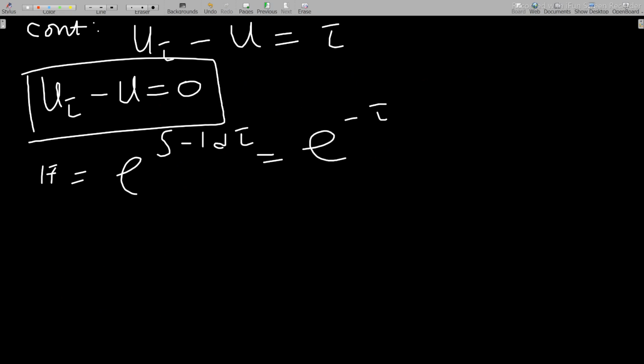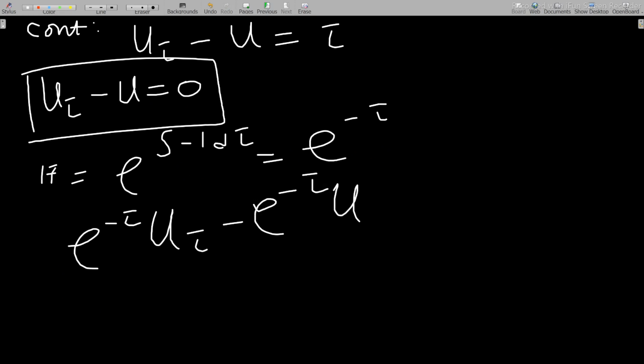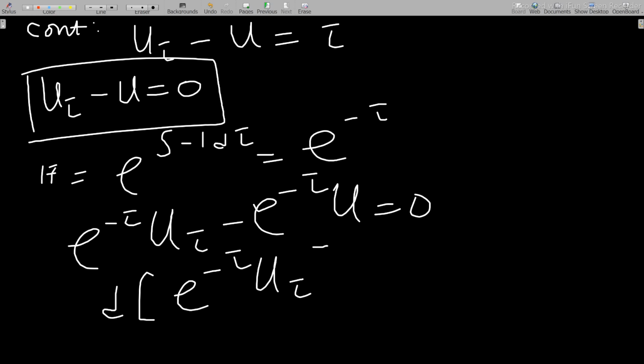So I just have to come and multiply it through, and I'll get something like e to the negative tau u_tau minus e to the negative tau u should be equal to 0. So I have d of e to the negative tau u,